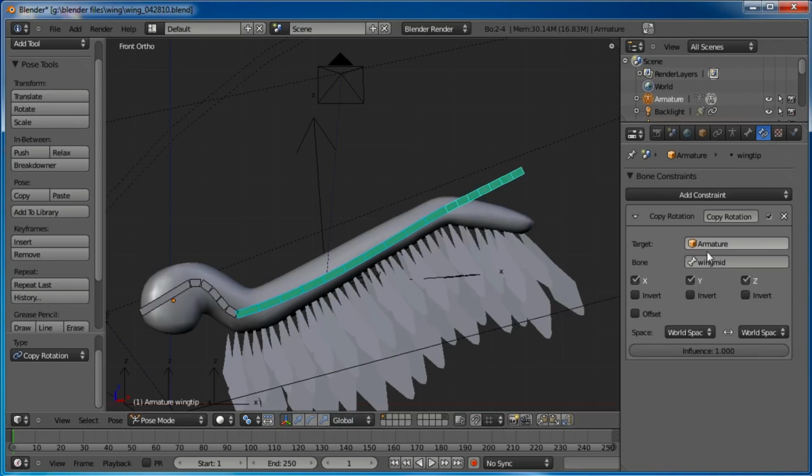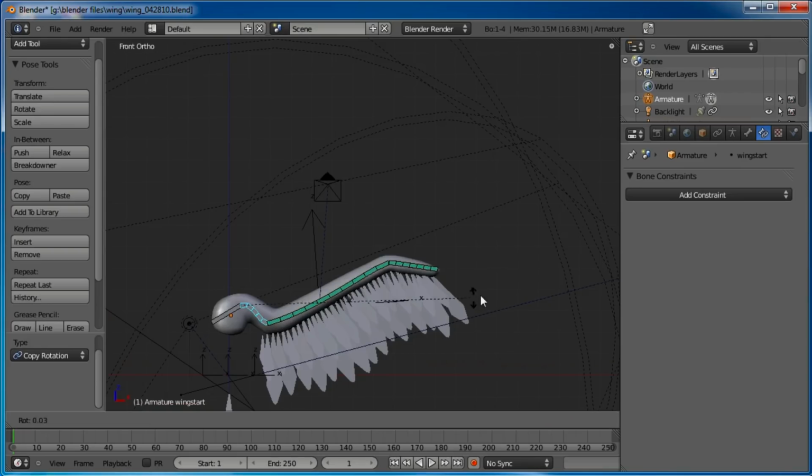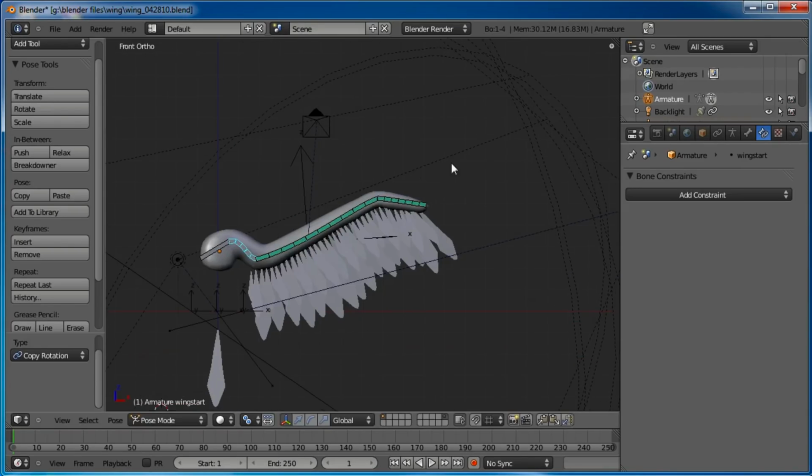Control-Shift-C, copy rotation, and change this to local, 0.75. So now rotate that. I'll zoom out so you can see it a little better. It kind of straightens up and then bends more. And then if I kind of rotate it around,